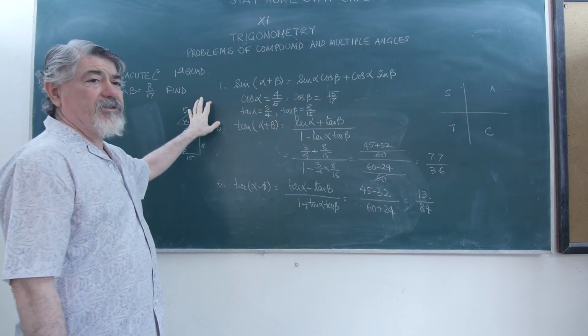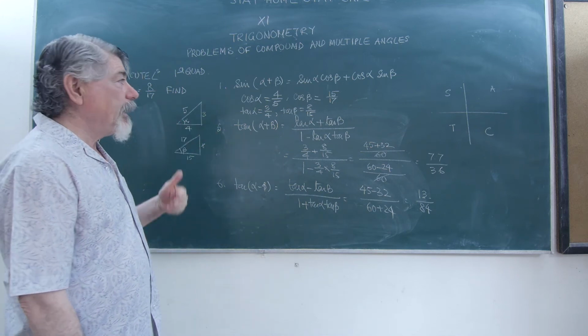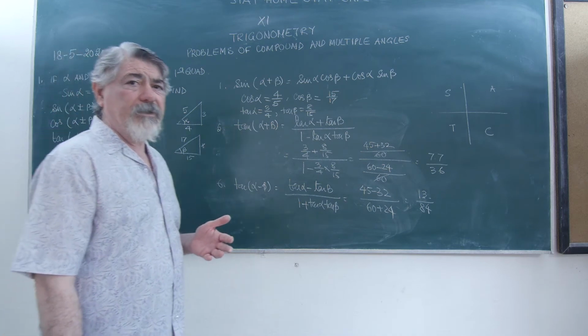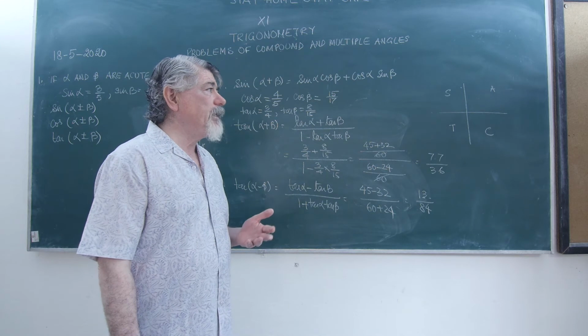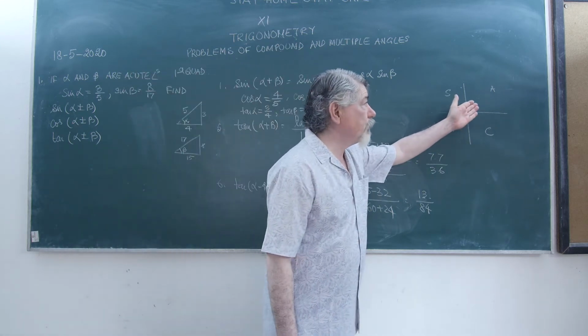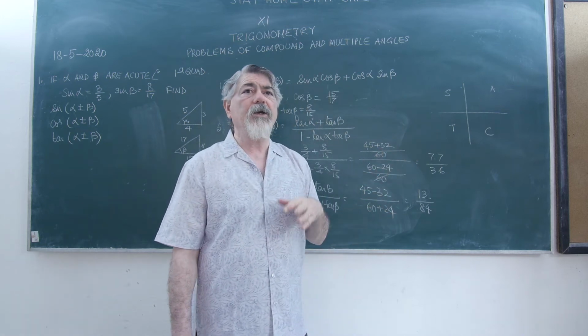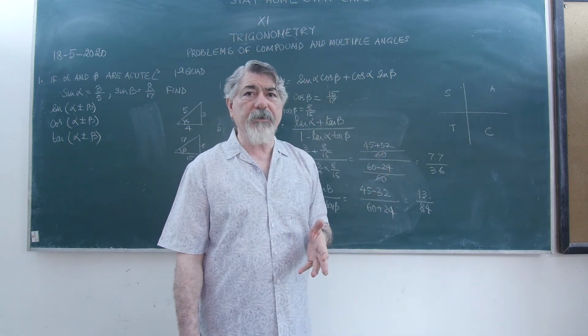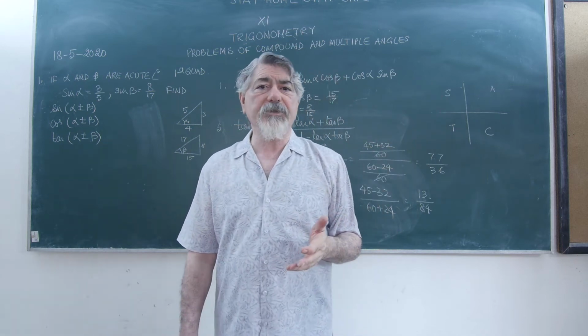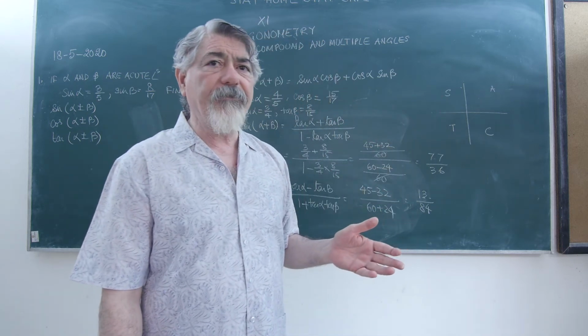Make a right angle triangle, calculate the values, and then we will allot the values to different trigonometric ratios depending upon which quadrant they are falling in. Are they falling in the first quadrant? If they are falling in the first quadrant, all trigonometric ratios are positive. If they are falling in the second quadrant, then only sine and cosec will be positive, the remaining 4 will be